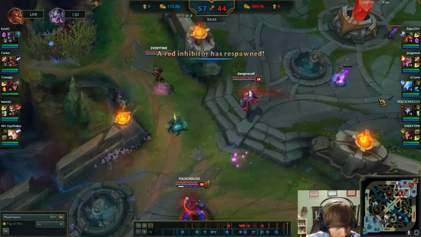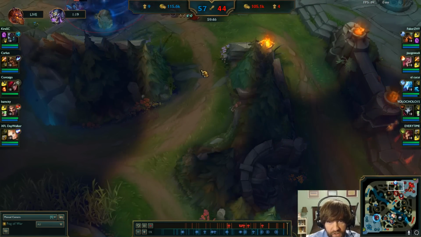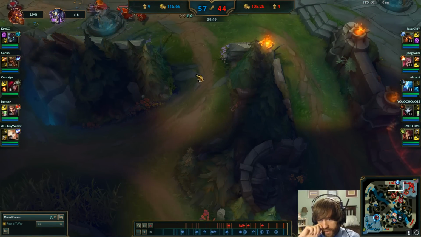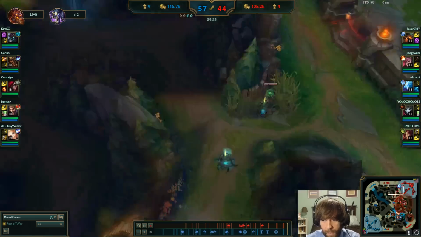You can Zhonya's while he's in midair coming at you too. As soon as Maokai flashes, when he's in midair coming at you, you can Zhonya's. I know that's quick reflexes, but